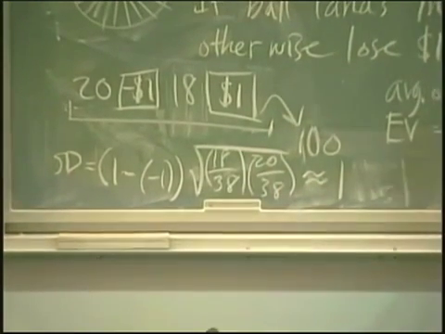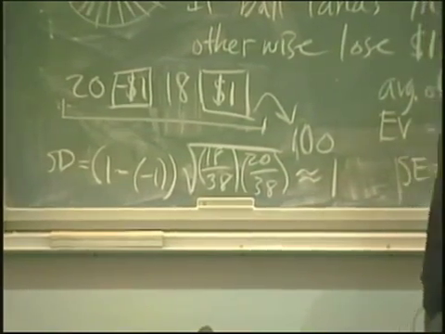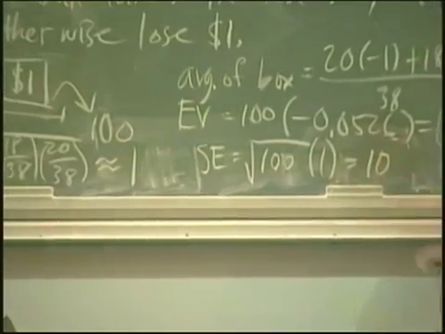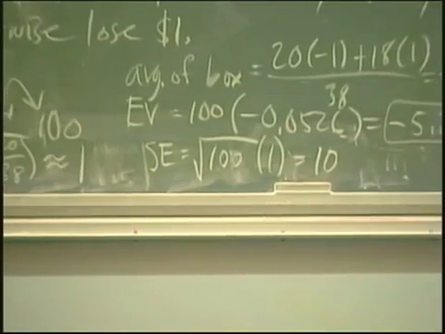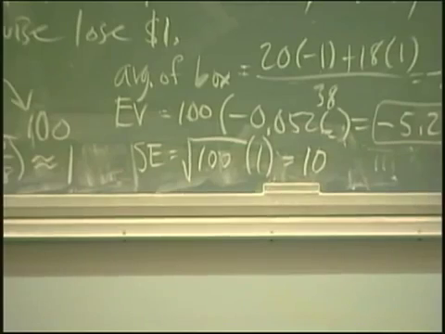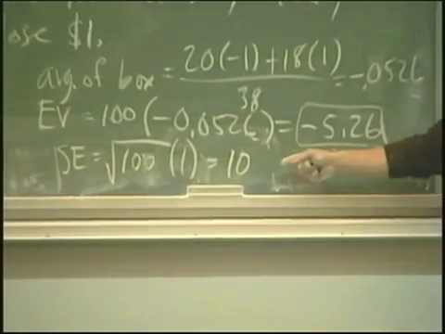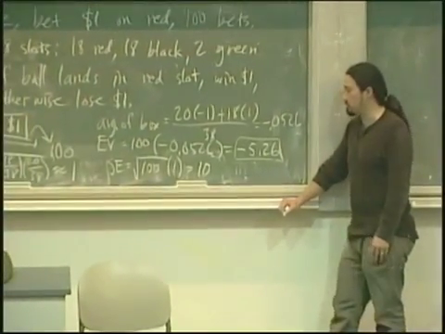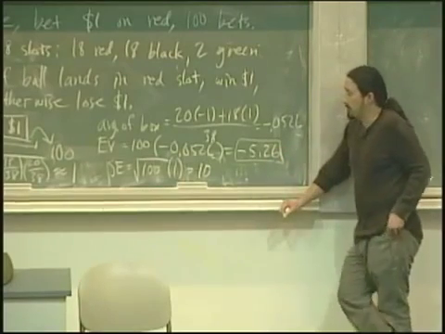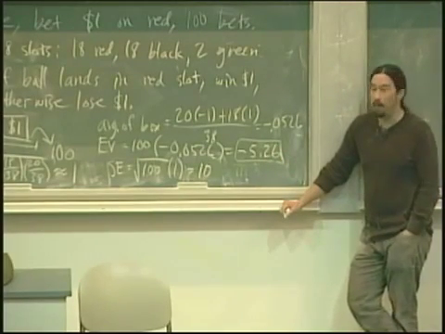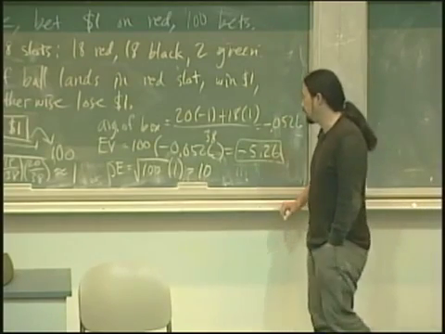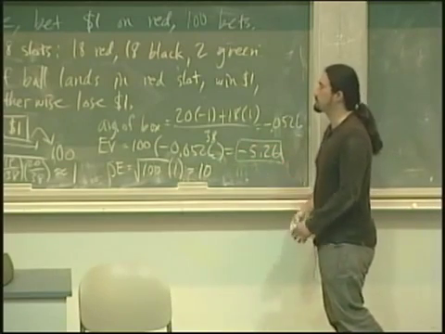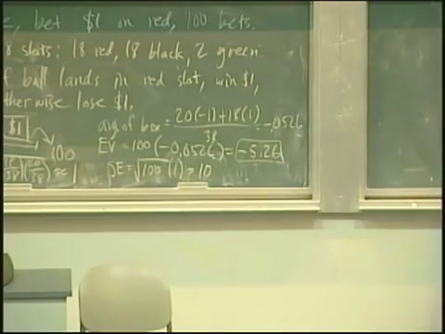So we get about 1 for the standard deviation, and the standard error, square root of the number of draws times the SD of the box, is 10. So if we did this, gambled 100 times, we expect to lose about $5.26, give or take about $10. So it's totally reasonable that we might get an SE above average, or a couple SEs above average, even above the expected value. So we might win some money. We might also lose more. We might also end up an SE or two below. So there's some chance we win, but certainly the game's against you. Questions on that?